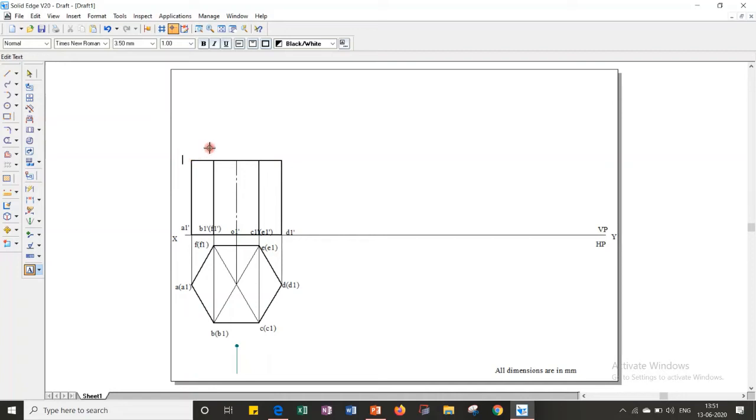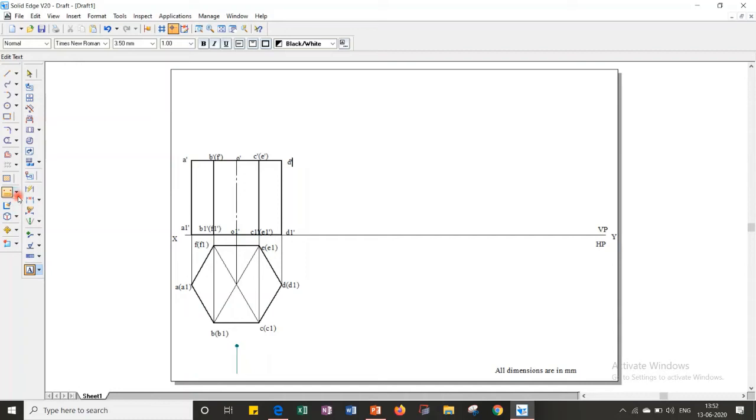And moving to top corners. Since it is a top corner, this will be A dash. This point corresponds to B dash and F dash. B dash will be outside bracket similar to the bottom corner and F dash will be inside bracket as it is not visible. This will be O dash. C dash and inside bracket E dash, and the last point D dash.